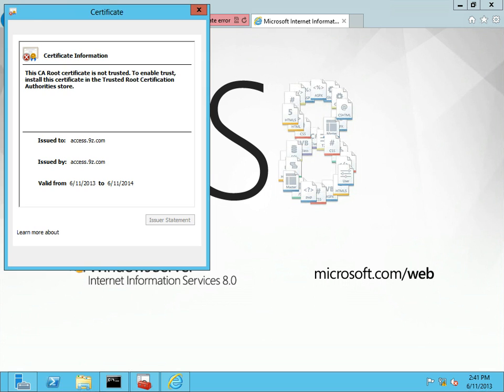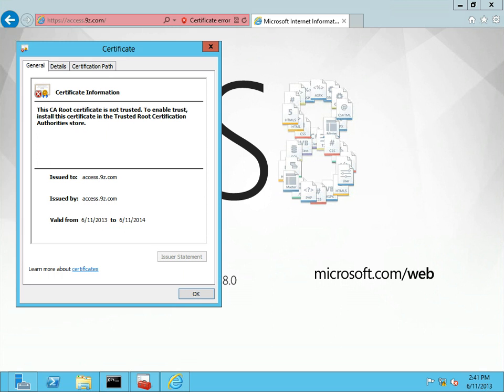So here are the three things we're looking for that I told you about. Validity period. Has this guy's essentially driver's license expired yet? No. We're in between that period of time right here. As you can see, it's 6/11. It's valid as of today. It was issued to access.9z.com. All right, so did the picture on the driver's license match what we saw up here? HTTPS access.9z.com, access.9z.com. Ah, cool. Yeah, they did. Issued by